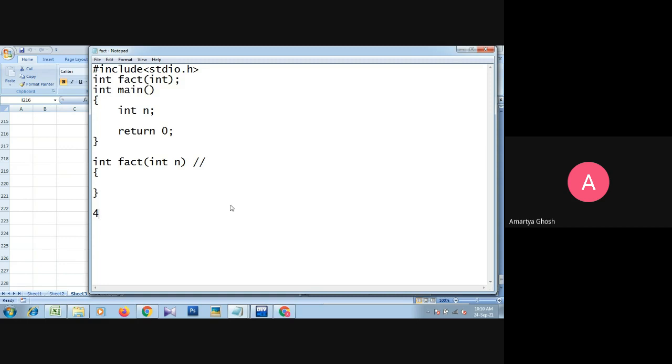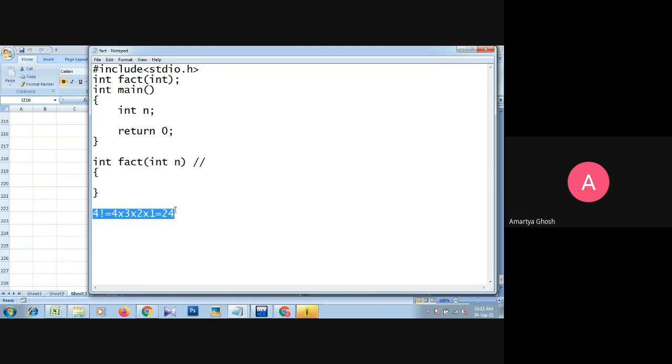So factorial of 4 equals 4 into 3 into 2 into 1, so that is 3 into 2 is 6, 6 into 4 is 24, and 24 into 1 is 24. We have to prove that the output will be this.